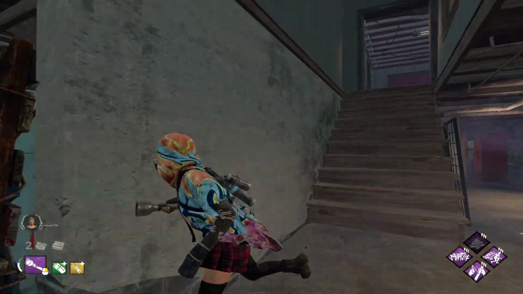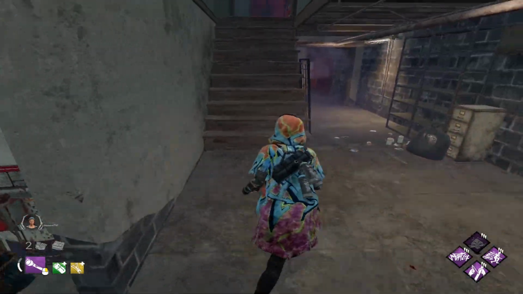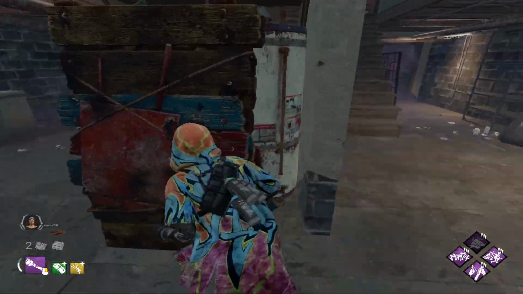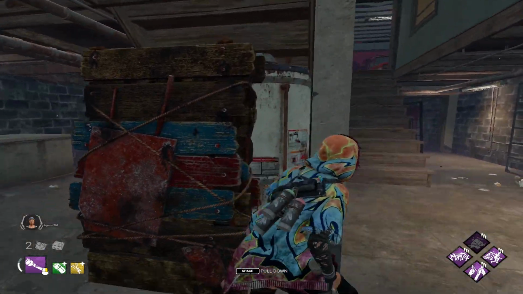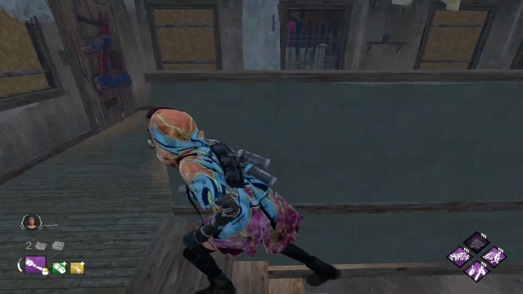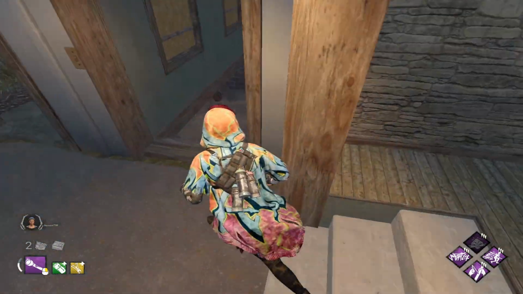If you run downstairs, there will always be a pallet at the stairs. Sometimes it spawns on that side, sometimes it spawns on this side. You can just kind of camp them. It's not like Haddonfield though, where you can look through the stairs. So it's not the best camp of a pallet, but you know, let's say you're chasing a killer downstairs